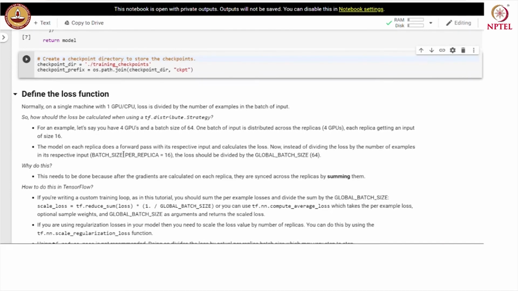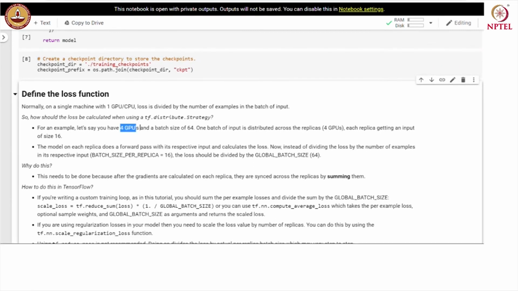How do we calculate the loss while using the distributed strategy? For example, let us say we have 4 GPUs and a batch size of 16. One batch of input is distributed across the replicas. In this case there are 4 GPUs. So, each GPU receives 16 inputs.